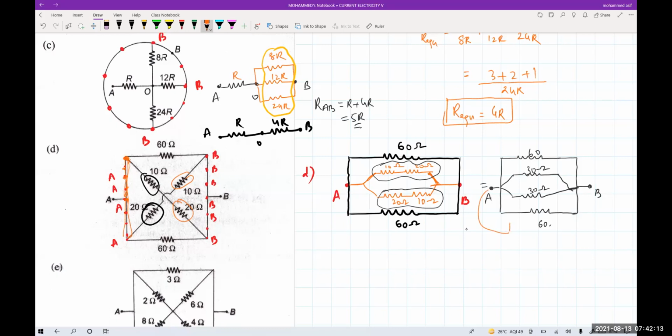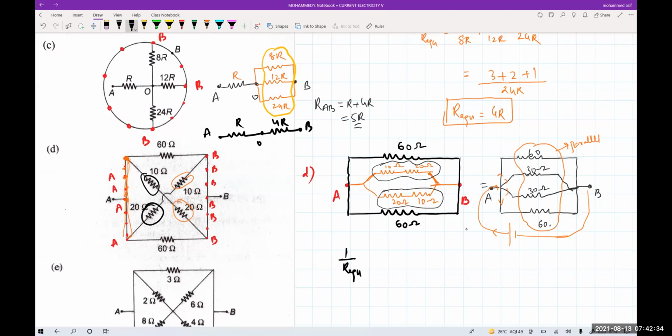If I connect this one to some battery here, positive and negative, there is a flow of current. The moment it comes here, it is getting divided. So the moment the current is dividing, what combination will it become? Parallel. So all of them are in the parallel combination. So equivalent resistance will become how much?